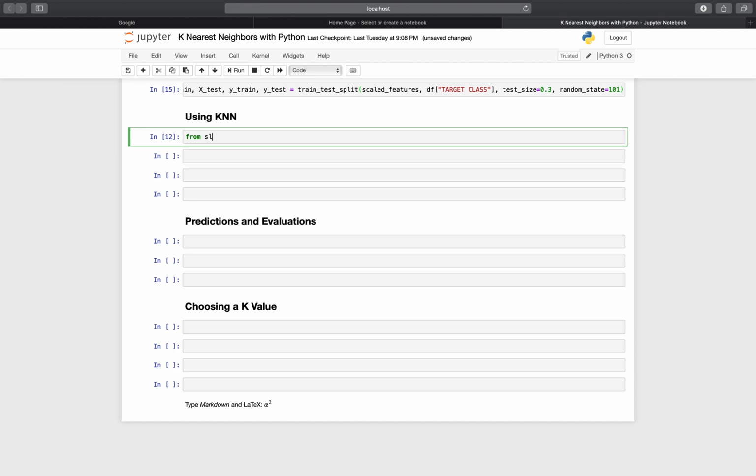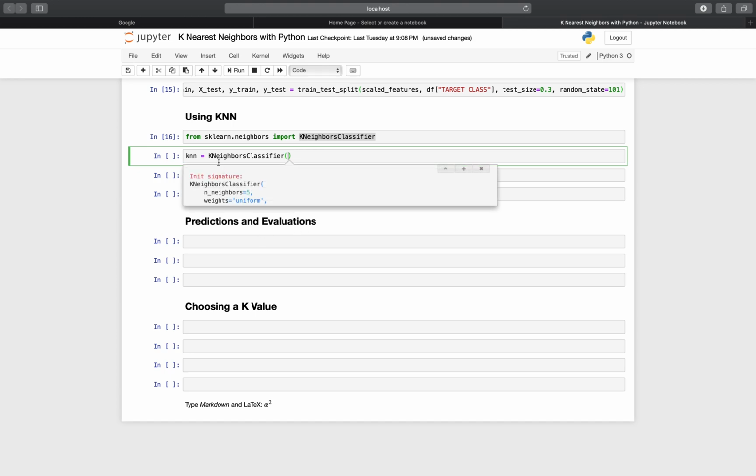From sklearn dot neighbors import KNeighbors. So for this one, because that's for classification, I'm gonna just select KNeighborsClassifier, okay? And then I will build up an instance object. It's called knn, and I'm gonna call this method again. It's exactly the same step as what we have done before. Okay,